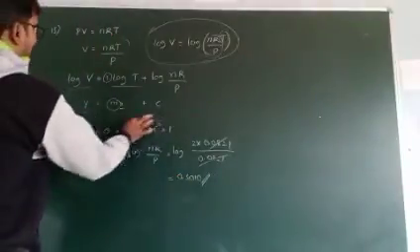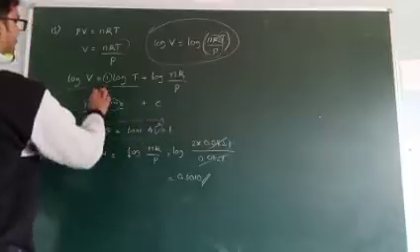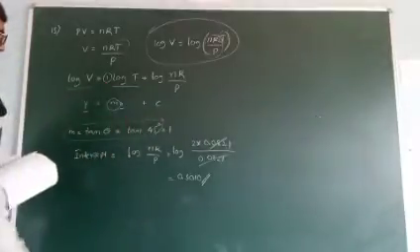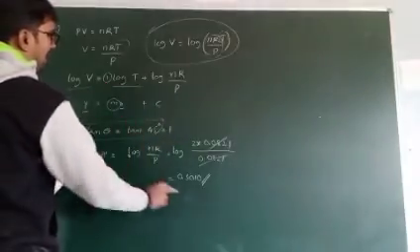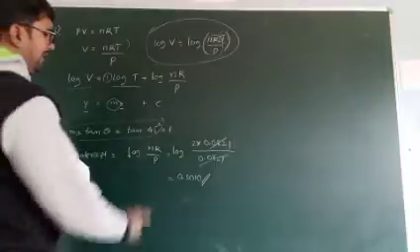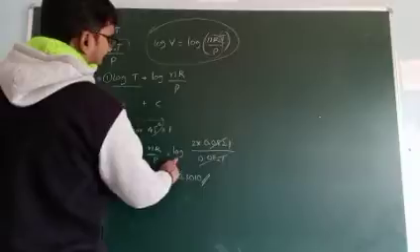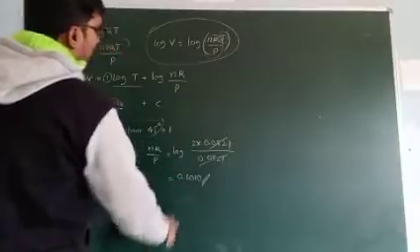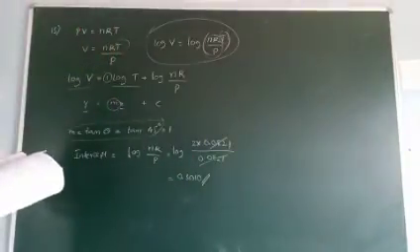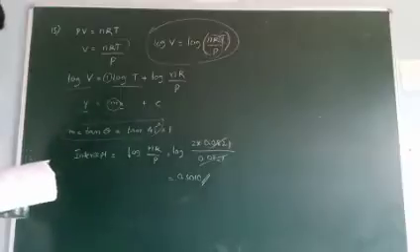I think there is no need to calculate this one. Directly, the slope m value is 1, and we have to calculate the log nR by P value. The n value is given, the R value is a known value, the P value is given. We finally got the log 2 value, 0.3010. Okay, the 15th one is completed.